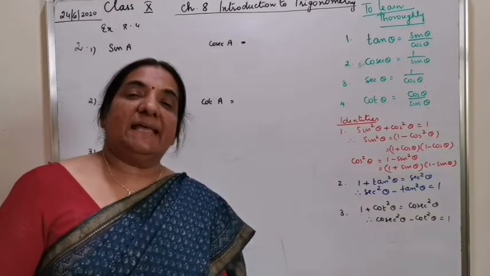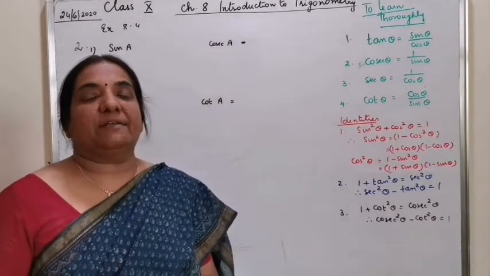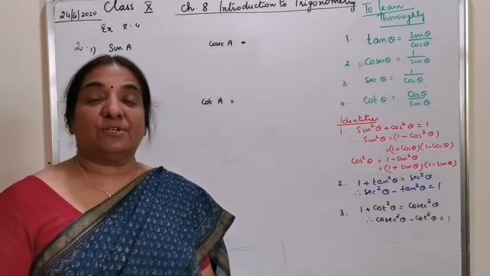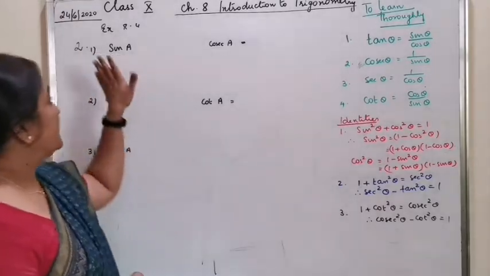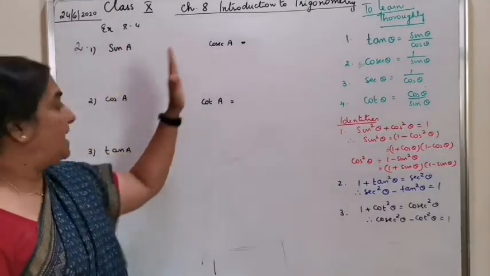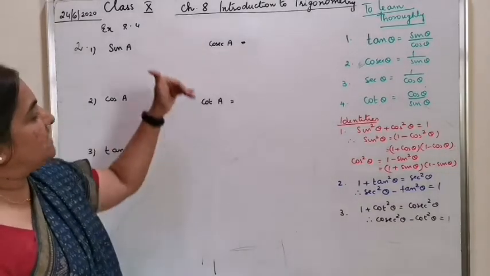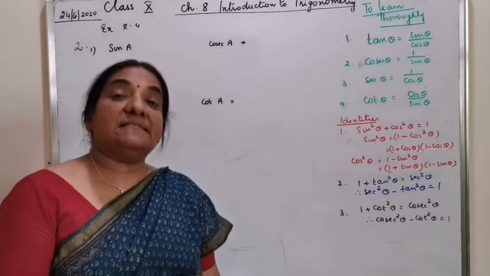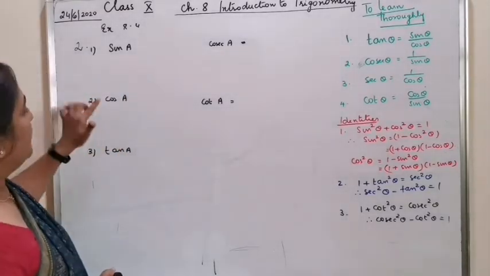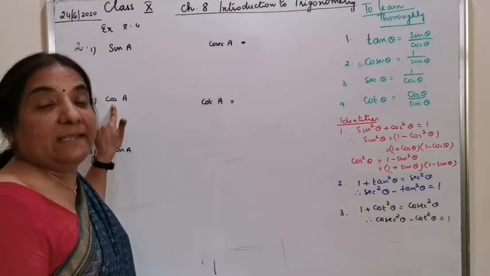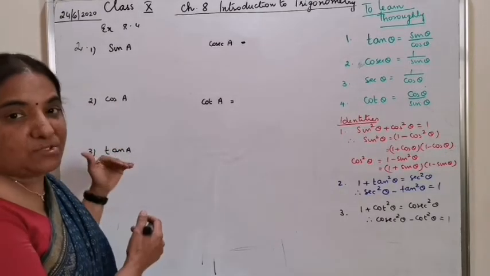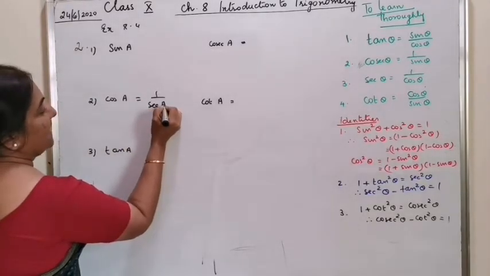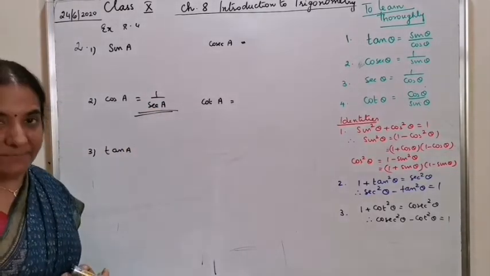Question number 2 is, express all the trigonometric ratios other than sec in terms of sec. That means sin A has to be expressed in terms of sec, and likewise cos A, tan A, cosec A and cot A. All these trigonometric ratios have to be expressed in terms of sec A. Now, cos A is directly linked with sec A; the easiest one I will tell you, cos A is directly related with sec A as 1 by sec A. So it is a direct answer.